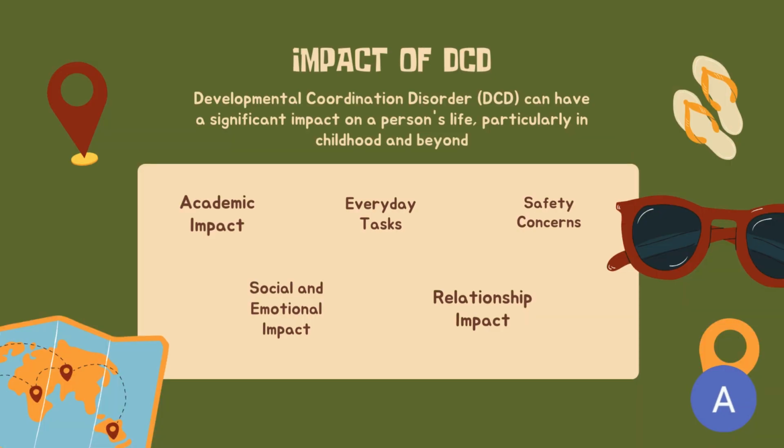So DCD can have a significant impact on various aspects of an individual's life, particularly in childhood and beyond. The impact of DCD can vary from person to person, but it often includes these five areas. The first one is academic impact. Children with DCD may have difficulties with tasks that require fine motor skills such as handwriting, typing, or drawing. These challenges can affect their academic performance and make tasks like taking notes or completing assignments more time